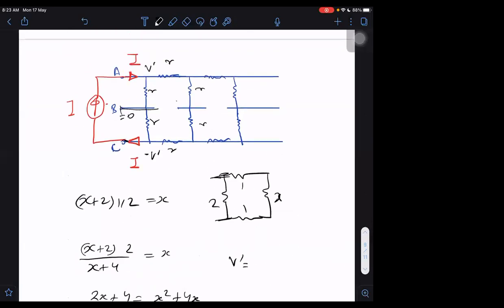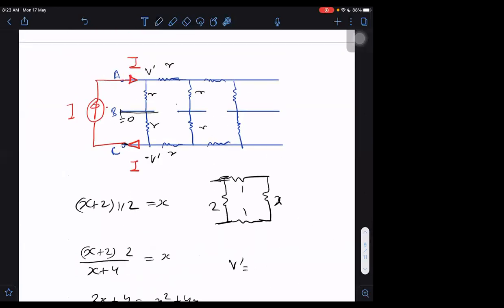Similarly, V dash will be equal to now I into, this current is I here, and it is minus I. Do I know what current goes this side? If I can't tell what current goes this side, then I cannot determine this potential V dash. Or I can do one thing here. I know the total potential difference. Then it will be half of that, obviously, 50%, right? If the total potential difference will be I into the total X value for this which we have got.